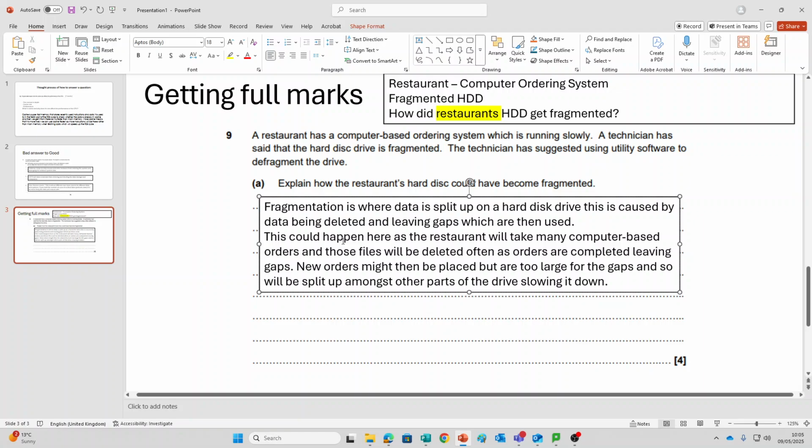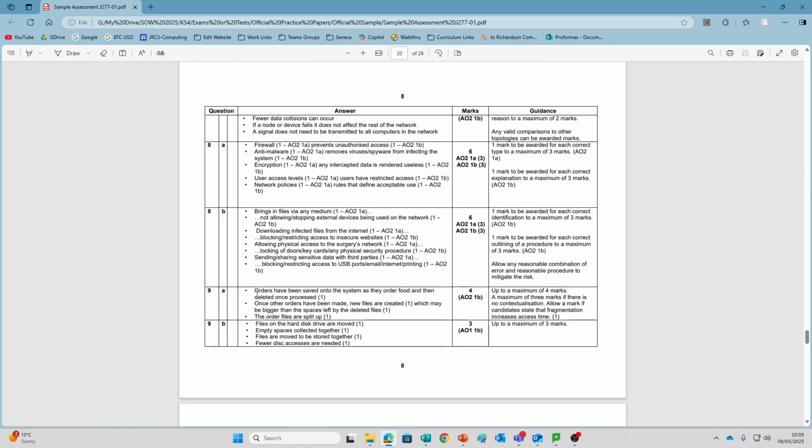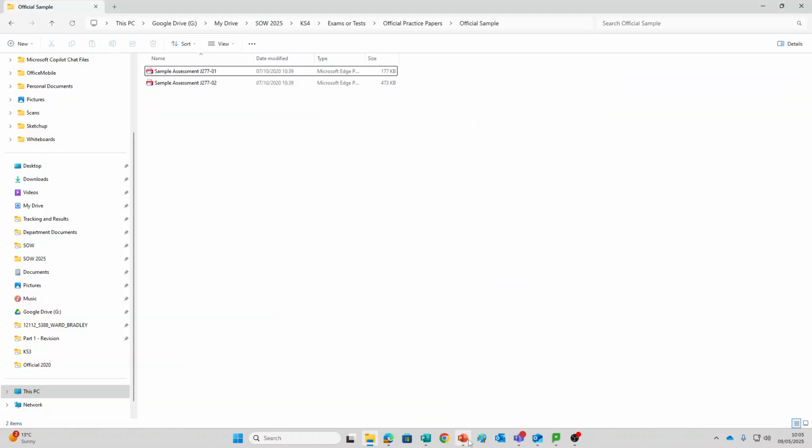Now I have got up the mark scheme, but I've tried to avoid looking at it. So I'm just going to very quickly, oh, maybe I'll close the mark scheme. Let me get it up again. So I'll just pause, unpause. Right, so orders have been saved on the system as orders of food and then deleted once processed. So I've got my mark there. Once other orders have been made, new files are created. Yeah, I did that, which may be bigger than the spaces left by deleted files, and the order files are split up. So if we go back to my PowerPoint,